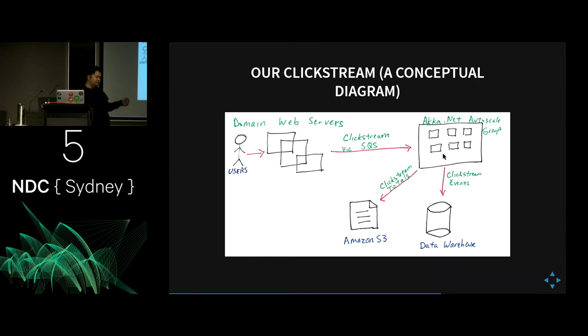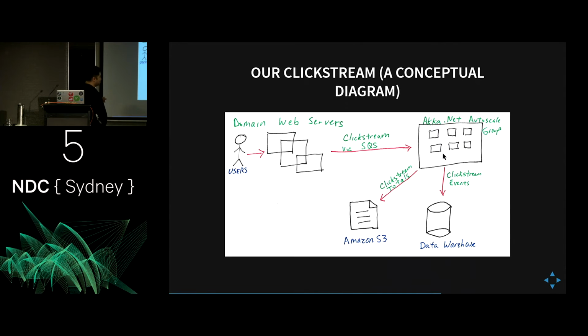Now, the tricky part about this is that at roughly the same time we have to do aggregates for every single property on the Domain website. So you can imagine if there's 1 million properties that are active per day, we want to come up with the total number of inquiries, how many times somebody clicked on something, and have those metrics available at any time, and they should be up to date within 10 or 20 seconds, or at least something much faster than the 6-hour or 12-hour latency that we were experiencing in the beginning.